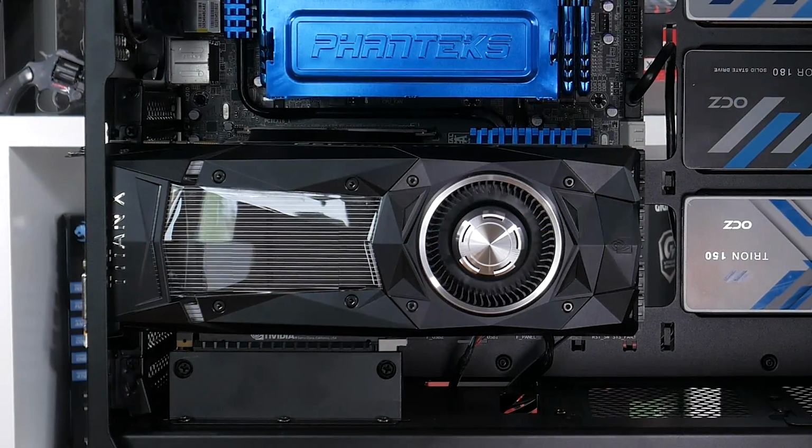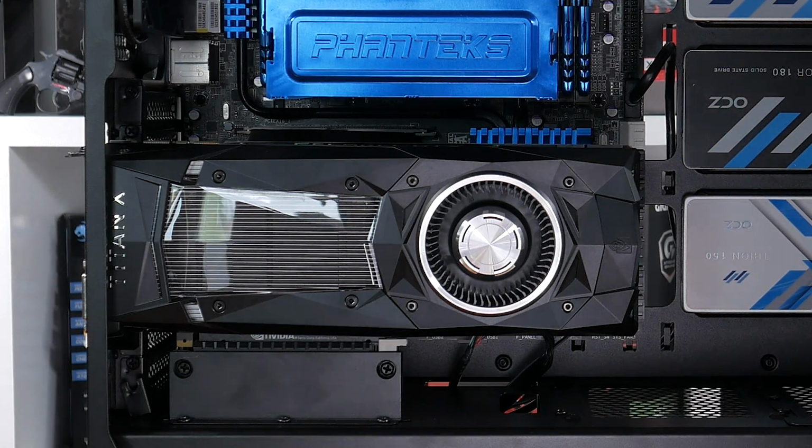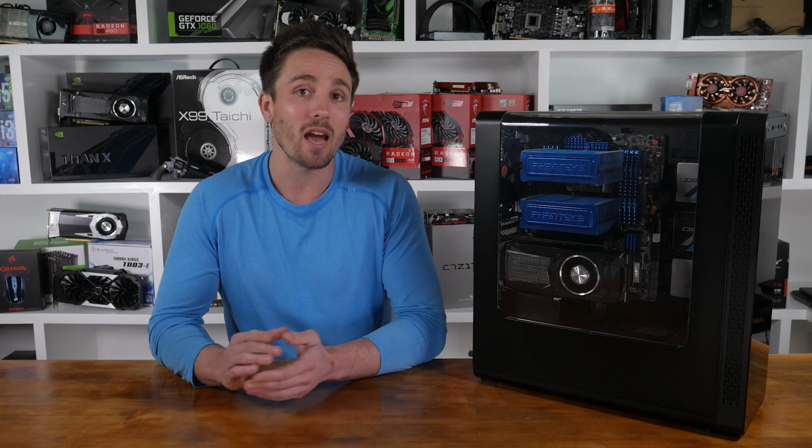In total, there are 10 expansion slots, which is a huge amount for a mid-tower. As mentioned earlier, there are 2 extra vertically mounted brackets, which are used to vertically mount the graphics card. This allows gamers to better show off their AMD or Nvidia card. Unfortunately, the required riser cable isn't included in the package, but can be purchased separately for a rather costly 35